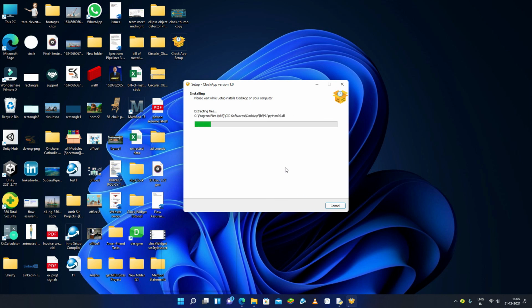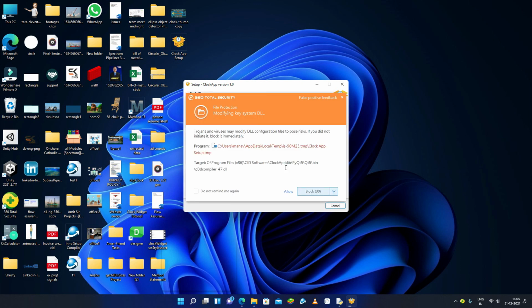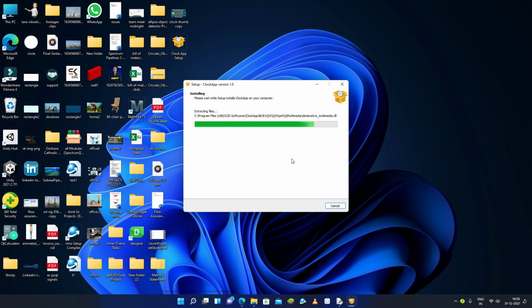So it is now installing. Let's wait. At the time of installing, it will ask you to allow something, so you will have to allow this. Without allowing this, your application will not open automatically when your computer starts.